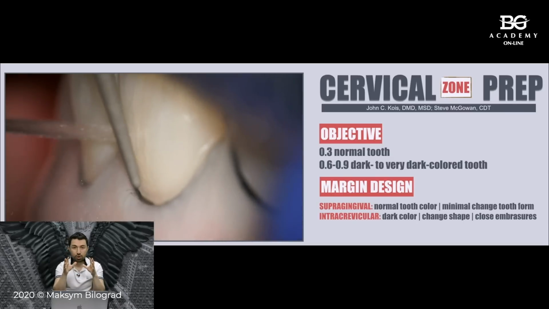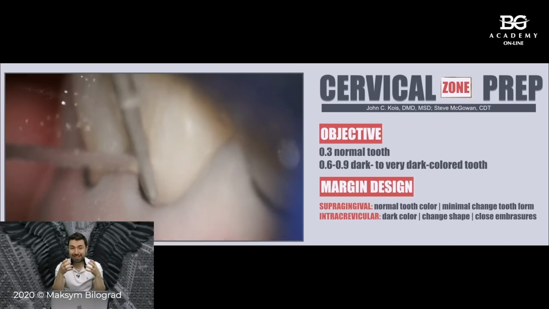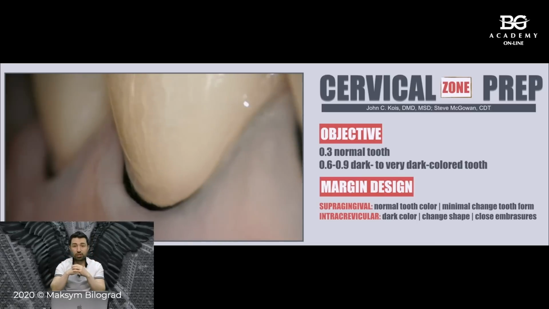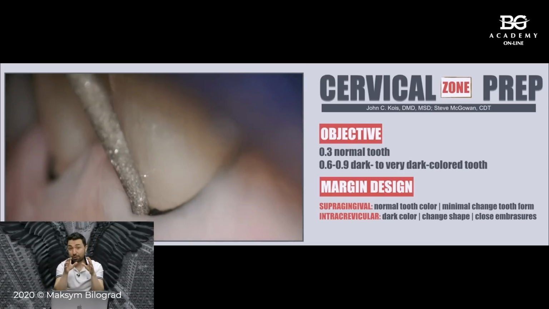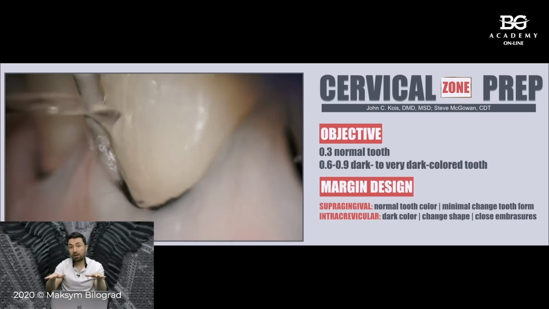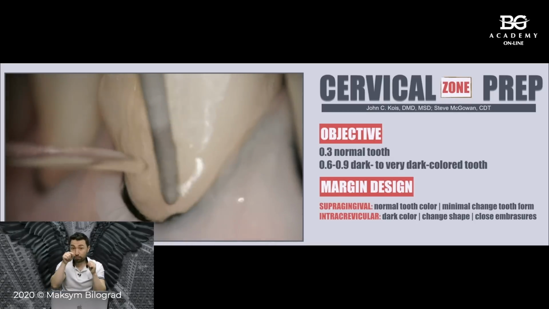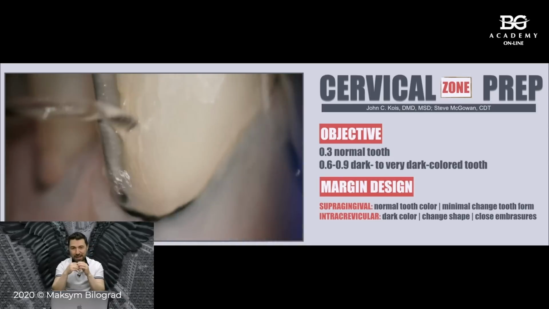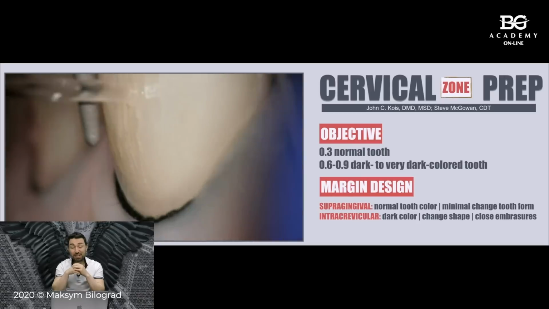Okay, one situation is when you change the color of the patient's teeth and you have a patient with a high smile line, so you have to mask the transition inside the sulcus. And the question is, what other clinical situations do you have to go intrasulcular? Okay, you can pause right now here on the video, write down your answer, and then we continue. Okay, so I will